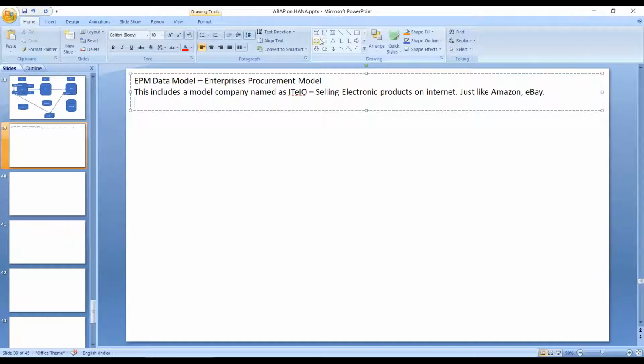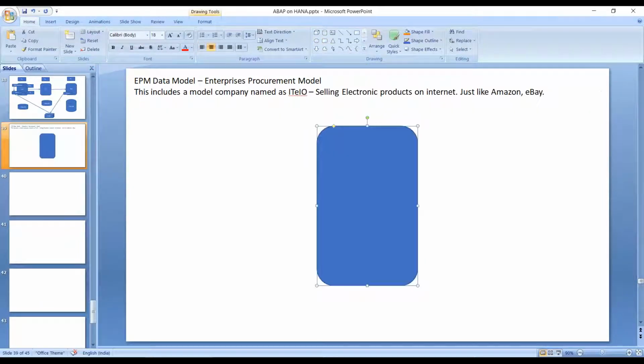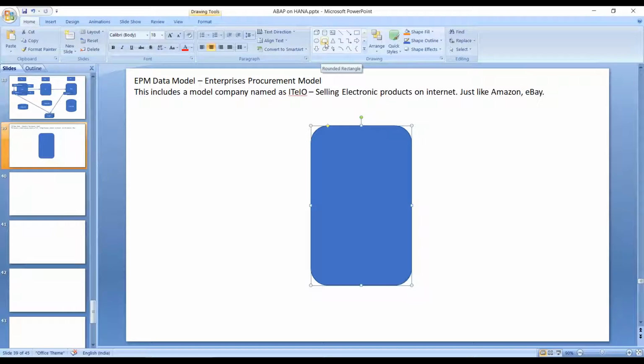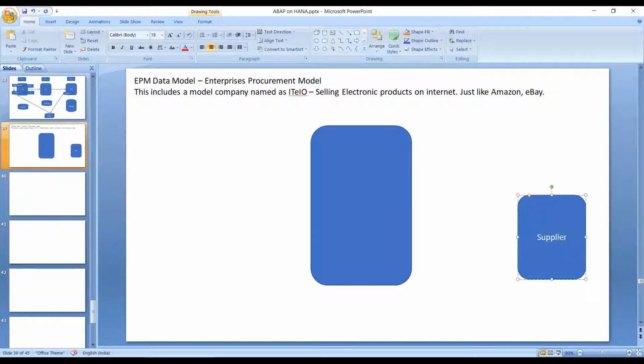Now what this company does, they don't produce any product themselves. Does Amazon produce its own electronic products? Does Amazon produce laptops? Does Amazon produce mobile phones? No. What they do is they have a supplier, a vendor who is supplying the product. Amazon is just a channel partner who is selling the products on behalf of suppliers. There's an actual supplier vendor who is supplying these products. Amazon is taking care of storage in their warehouse and also taking care of supply chain management and customer relationship